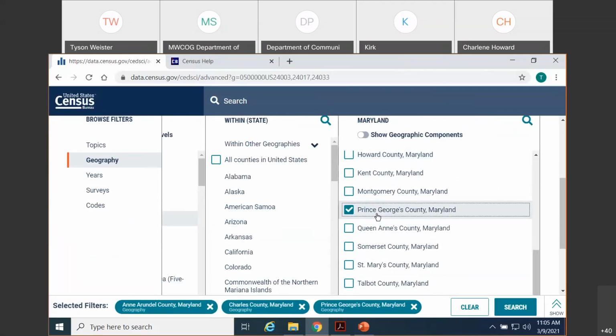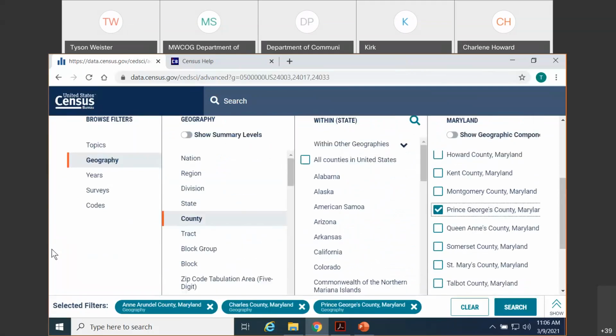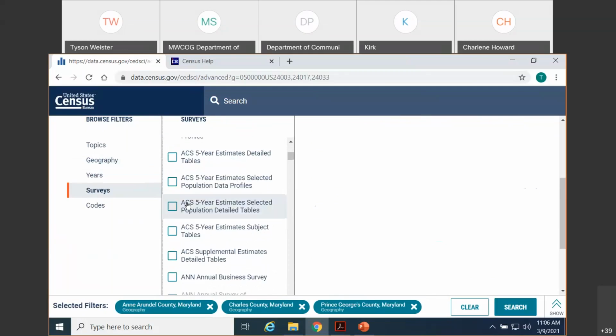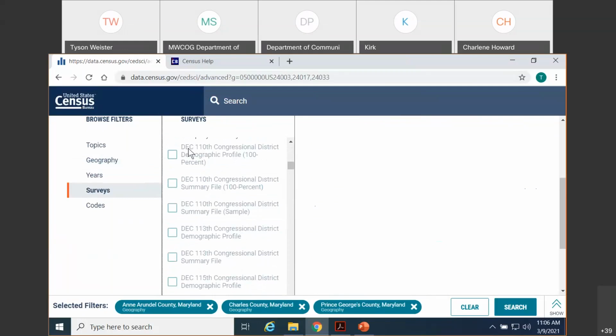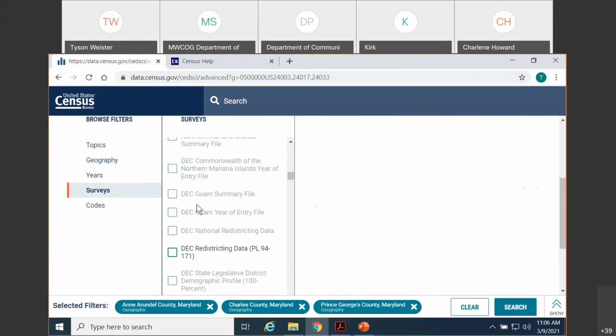So you can compare and look at data in the same geographic level for multiple geographies in a table, as in this example, or across different types of geographies like we just did. And then we wanted the redistricting data set. So we'll click on surveys. We'll look for DEC for decennial census. These are sorted alphabetically by the first 3 characters. So once we see DEC, we'll see that there are some options here for us to choose. There are about 30 from the decennial census. So you'll see redistricting data PL